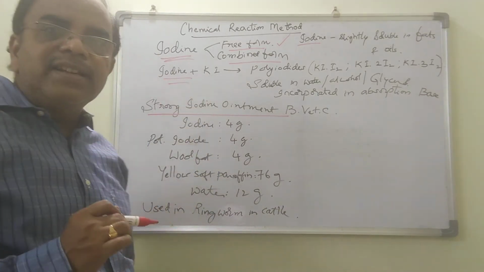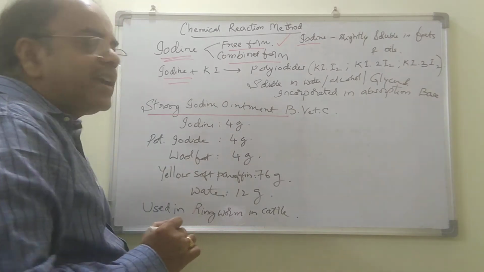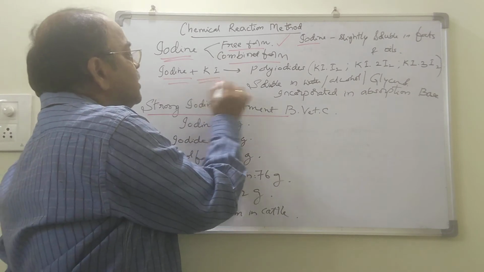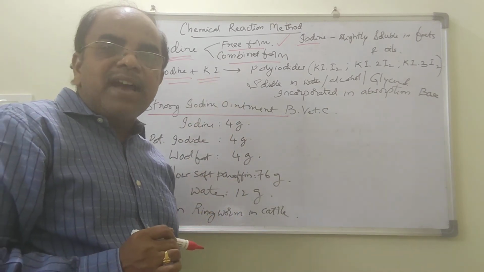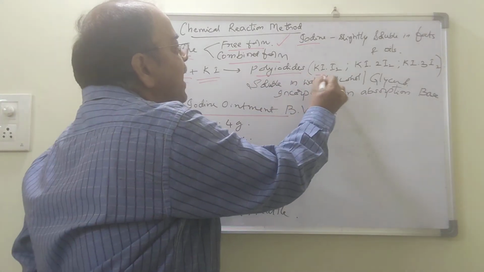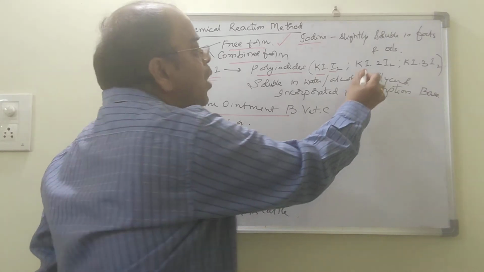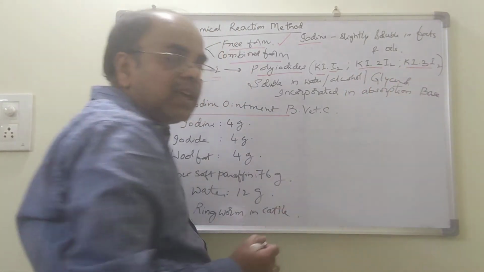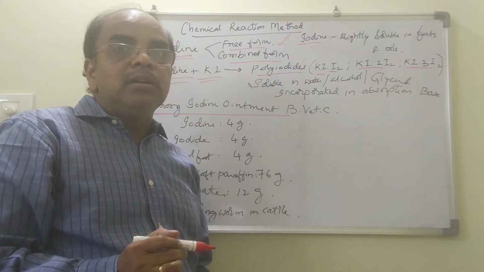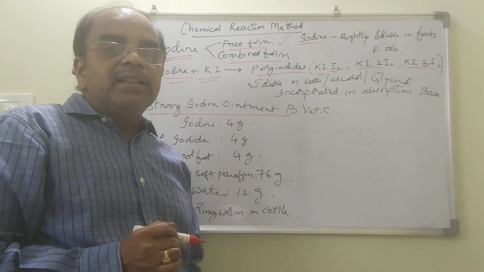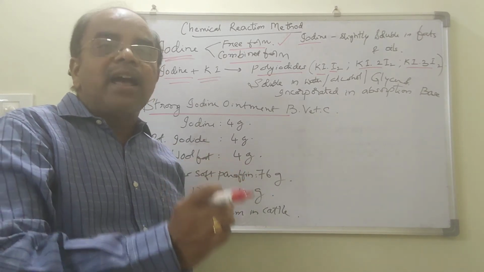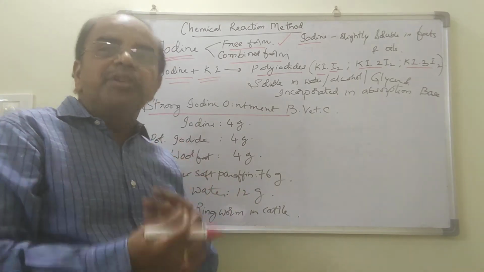Iodine, as it is less soluble, we can make it more soluble by mixing with potassium iodide. On mixing with potassium iodide, it forms polyiodides, such as KI2, KI3. These are the polyiodides. Even in Lugol solution we use this formula, that is iodine and potassium iodide and water, or iodine, potassium iodide and alcohol. Like this we combine them in iodine solutions also.